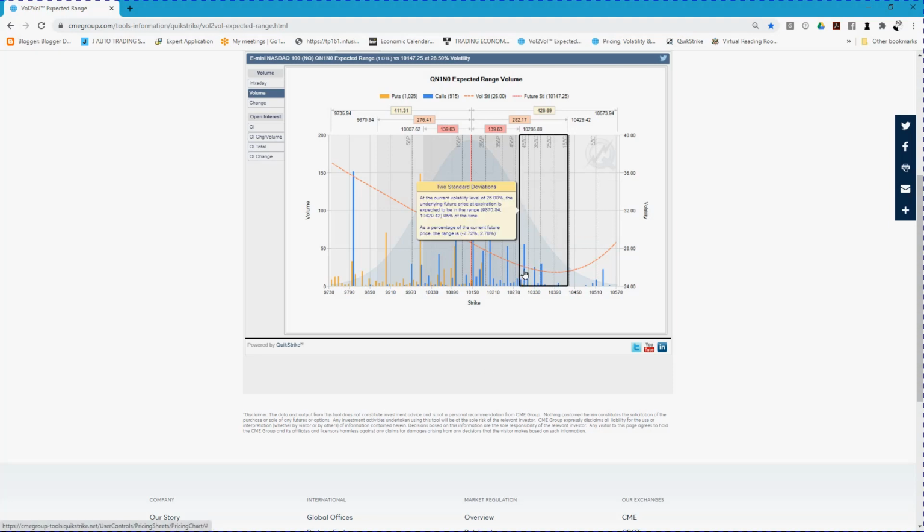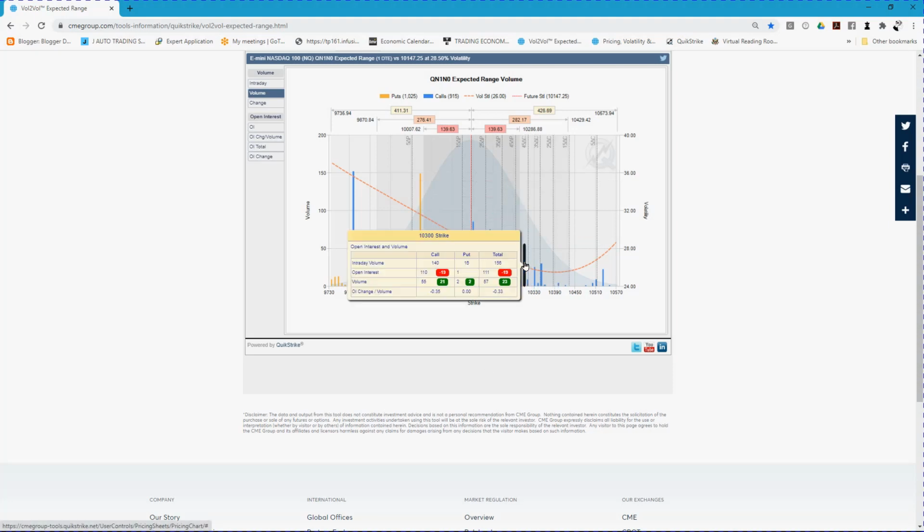So here's some more, probably calls sitting right there. Well, a little bit of a mix. Actually, it looks pretty even. So you've got traders trading it back towards the middle, and not very many people pushing it out. Interesting. So this is for the week expiring tomorrow or today. Tomorrow, Thursday, tomorrow. Okay. Well, weekly, monthly,